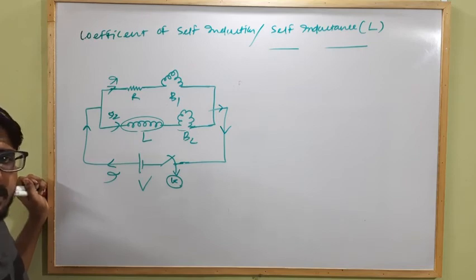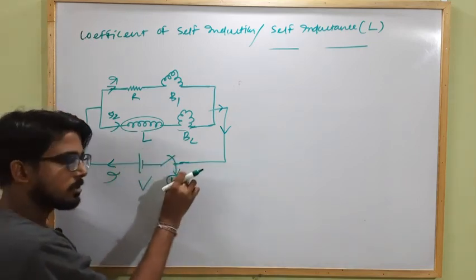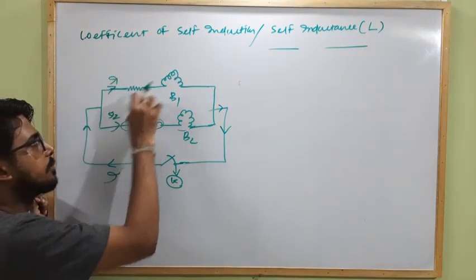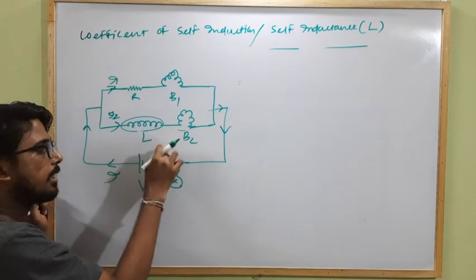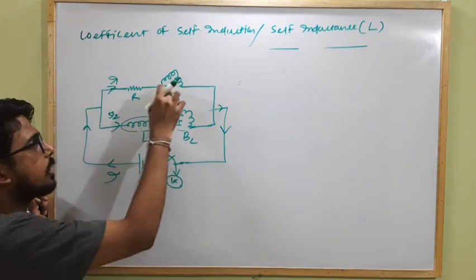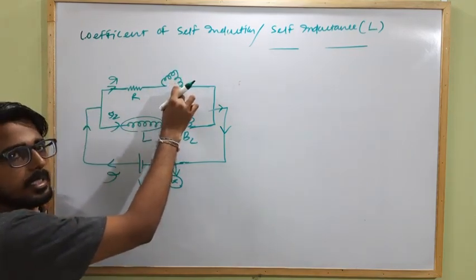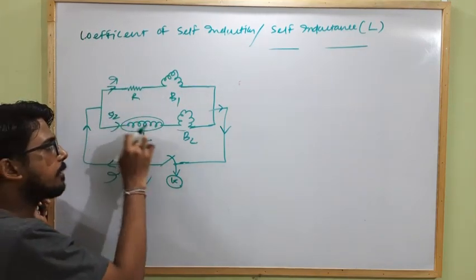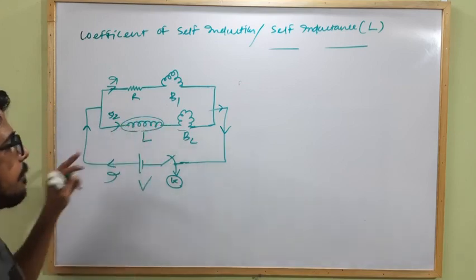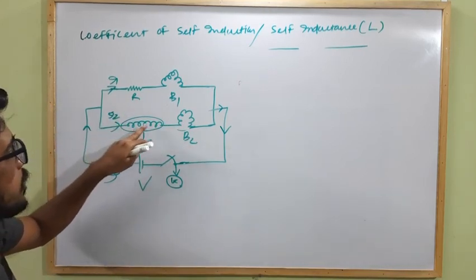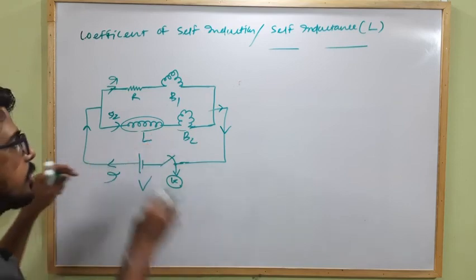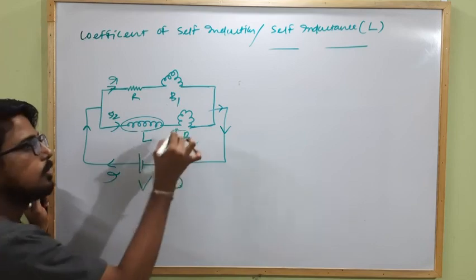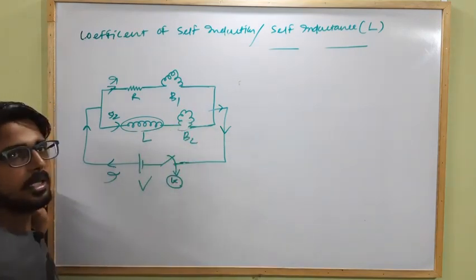late. Clear? When we close this circuit, current I flows through this circuit, and due to which I1 flows through this branch and I2 flows through this branch, and as soon as the key is closed, the bulb B1 glows immediately because I1 passes through this resistor immediately. But when I2 starts to pass through this inductor, due to self induction, it gets some opposition by the inductor. That's why the flow of this current I2 through this inductor becomes slow. So this bulb B2 glows late.